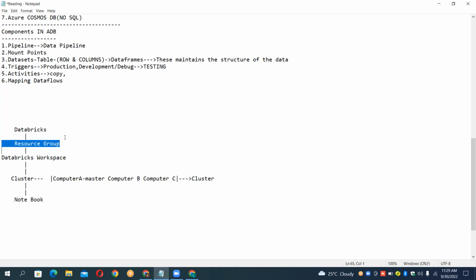I had two queries. Here, you said standard 14 GB minimum, right? Is that the minimum you can choose or the maximum? Minimum, that is the minimum. You can choose it, you can extend it. That's not a problem. If I choose 14 GB, there is no price for the free trial, right? No, you will have the price. Anyway, for the free version, you cannot create the standard node cluster. You can create only a single node cluster.